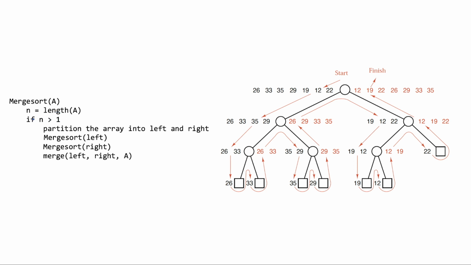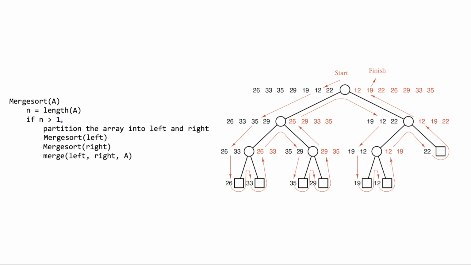If the length of the original array is greater than 1, then we will partition the array into the left subarray as well as the right subarray. Then we will apply the same algorithm on the left subarray as well as the right subarray. Then we will merge the left subarray and the right subarray to get the final array. We will be doing these steps only if the length of the array is greater than 1. If it is equal to 1, then we do not want to sort any further because a single element array